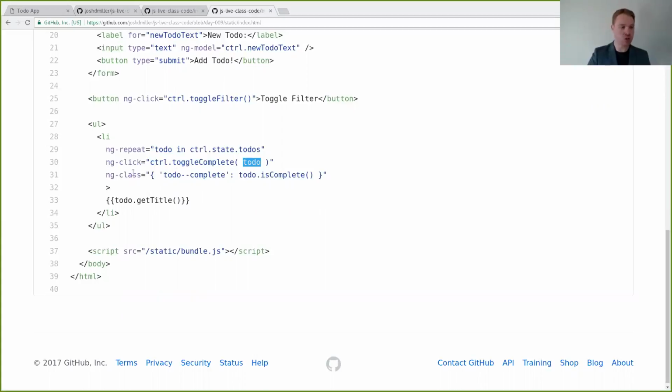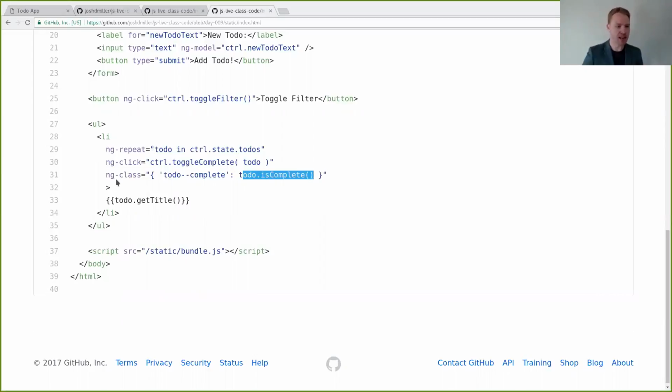And for each to-do in the list, we want to set the class of this based on a condition. So we're giving this what looks like a JavaScript object, right? And we're going to set the to-do complete class when this condition is true. When to-do.isComplete returns true, that means that complete property is set correctly, right? It's set to true, and so we want to add the to-do complete class here. And if it returns false, the to-do is not complete, and we don't want to give it that class because we don't want to strike it through as complete because it ain't, right?